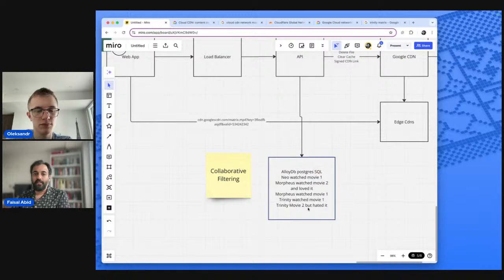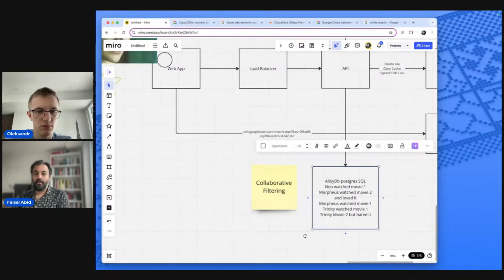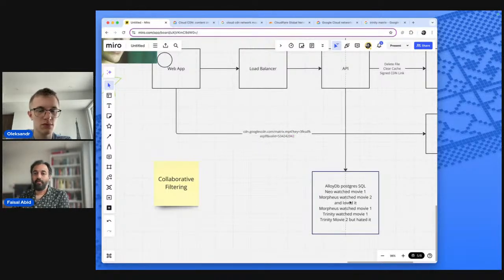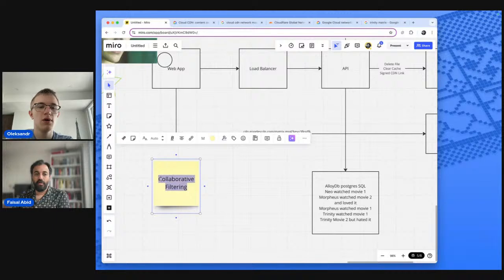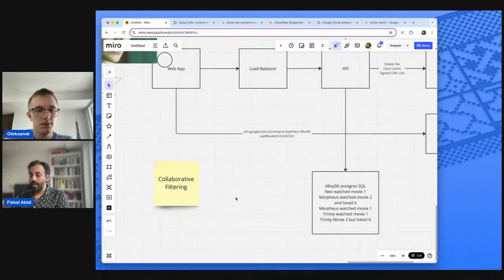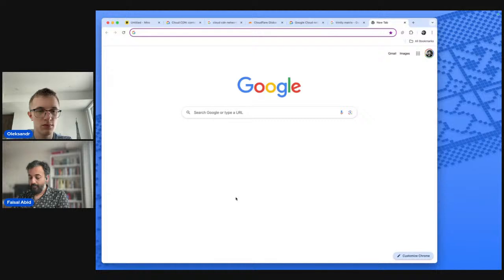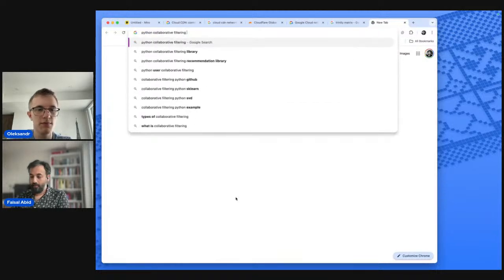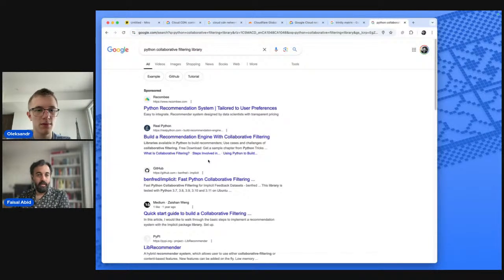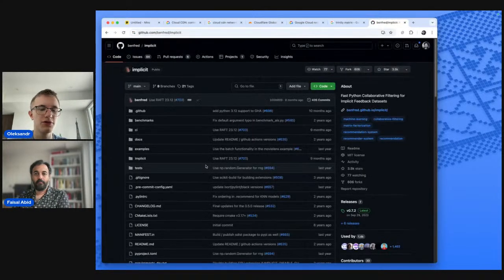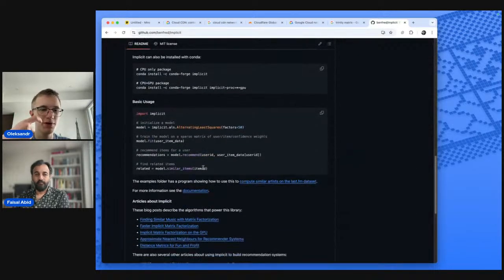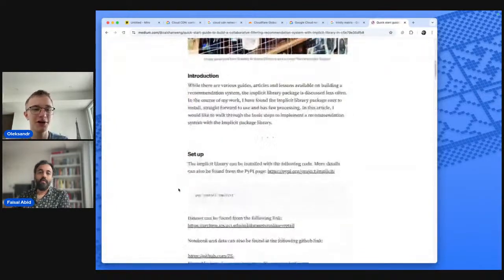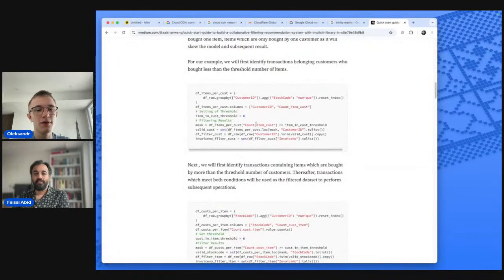So you create a database and you store all this data. You keep putting it in, and you try to log as much data as possible. And you write a simple one. Always start off with collaborative filtering, and there are so many libraries that do it. There's probably even a Python collaborative filtering library. There we go, a Python collaborative filtering library. Yeah, I guess you define, in simple words, some metrics that you care about that would be definitive, right? Exactly. Watch time, or maybe how many times they actually watched the movie.